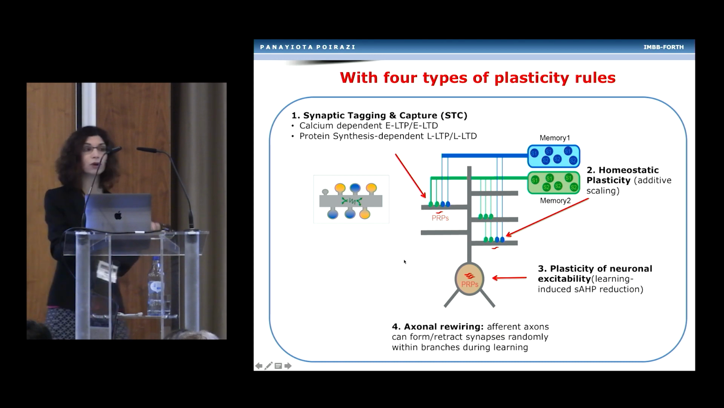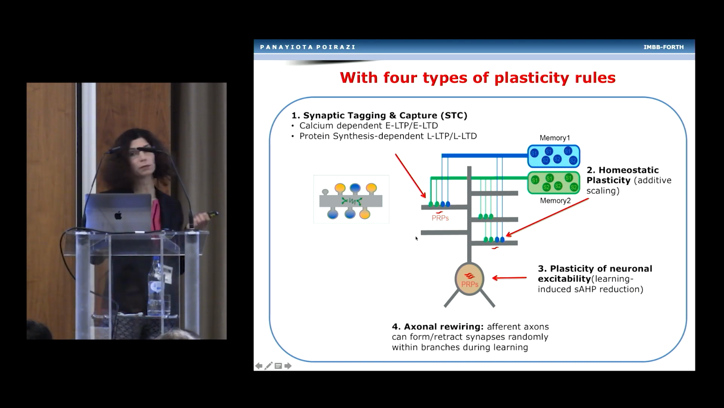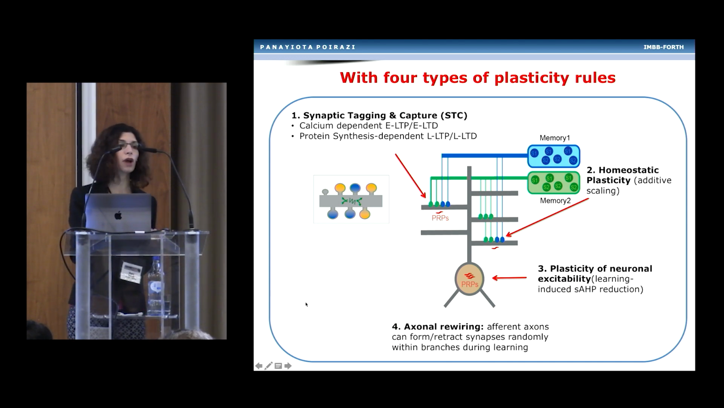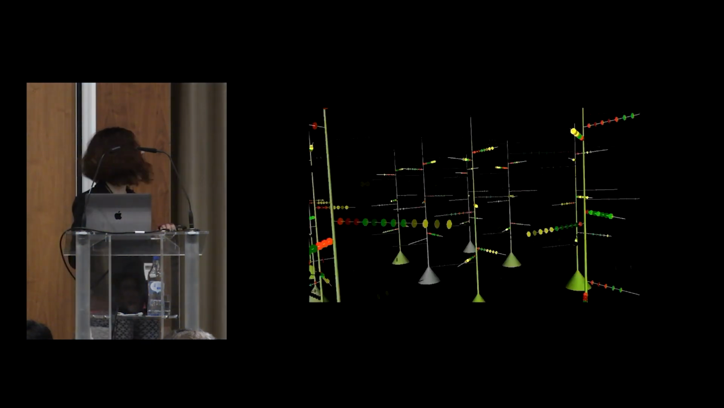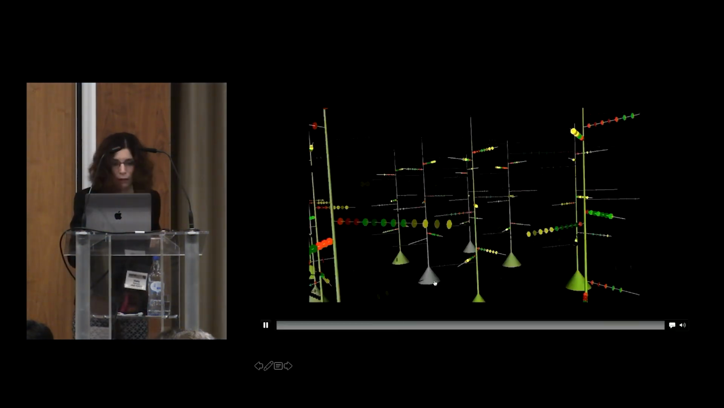We integrate a number of plasticity rules in this work, and this is published, so I'm not going into detail. So essentially, you have local LTP and LTD, you have homeostatic plasticity, plasticity of neuronal excitability, and axonal rewiring. So if you have all these features in the pyramidal neurons of this network, you can train it to learn various,